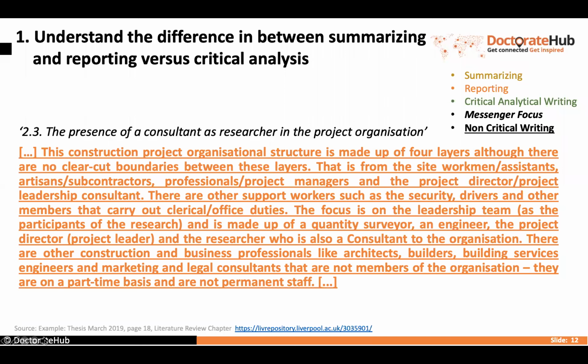This example is just reporting and non-critical writing. It is from a literature review chapter. So very likely this is early writing that is still a leftover and where the author has decided, okay, it can be reused within the context of what I'm discussing, and that is fair enough. As said, not all parts of the literature review will be critical. Some will only be initial writings that are setting the context, and for context setting, those parts can still very well be used.